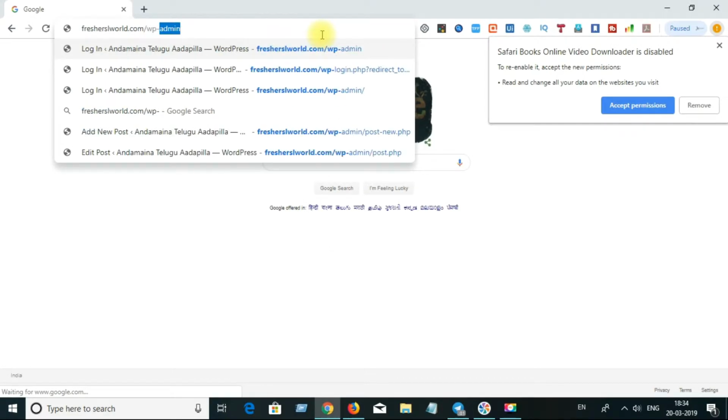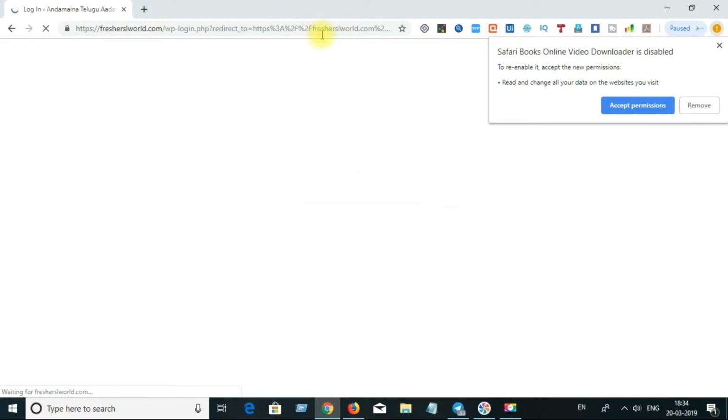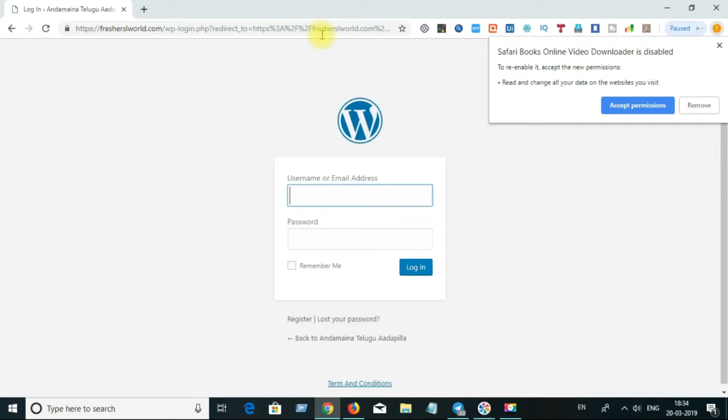Hi, this part of the tutorial describes the steps to install the email subscription WordPress plugin, which is useful to display a pop-up to all the visitors, to subscribe to all the newsletters, or to subscribe to your website updates using their email ID.